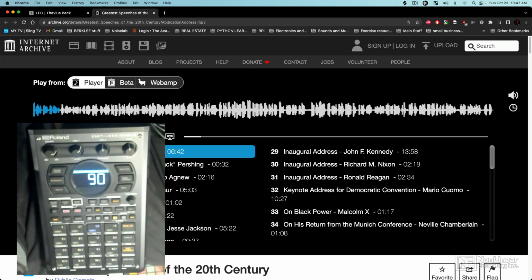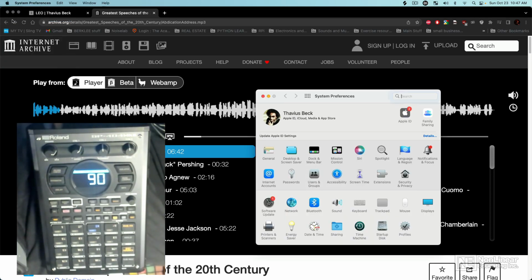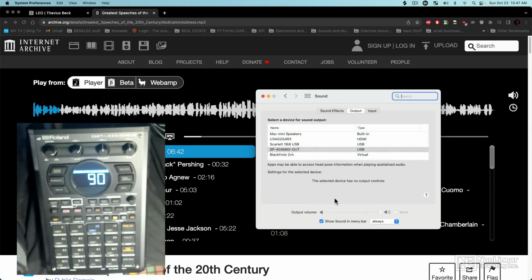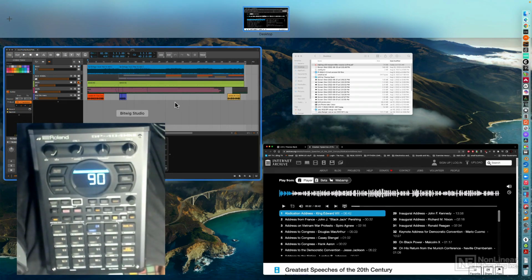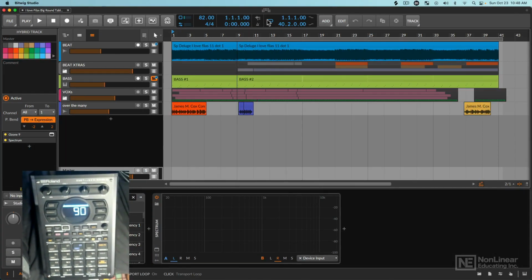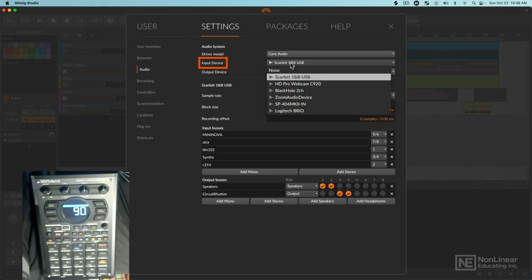So that was really the whole process for gathering samples for the majority of this project. It's a 404 connected to the computer, routing audio out of my computer into the 404. Once I've gathered the stuff that I want, what's really nice is then I can route the audio from the 404 directly into my DAW, in this case Bitwig. Just go right over here. Settings, input could now come from the 404. And this is all done with just a simple USB-C cable, which made the whole process a lot of fun.